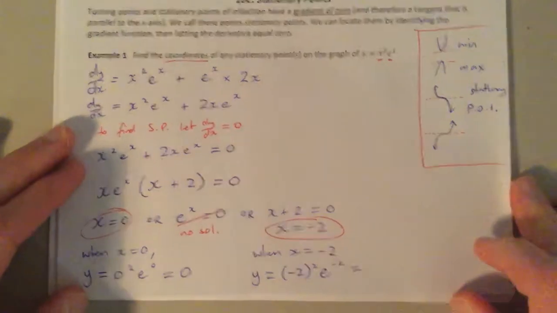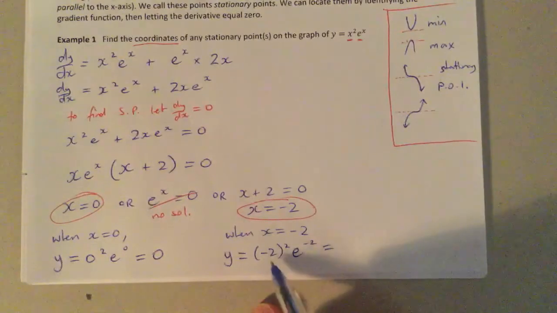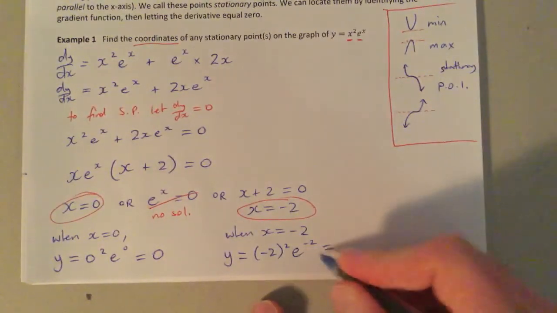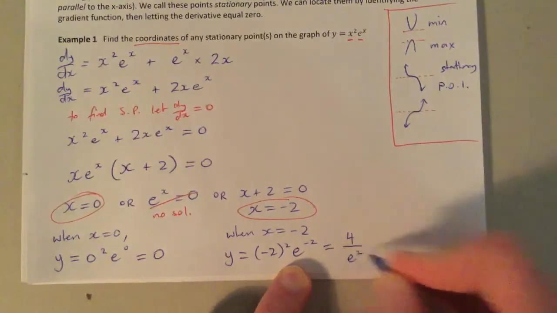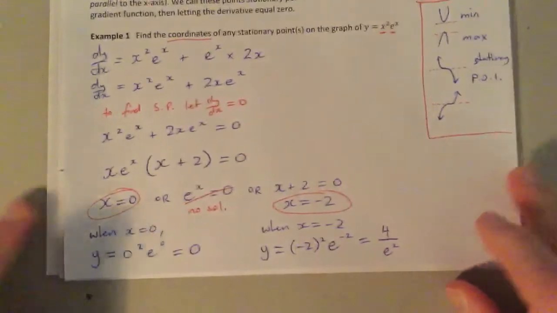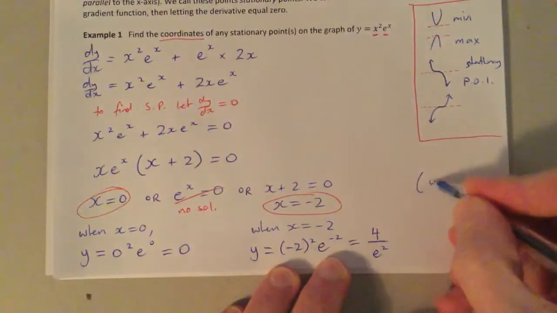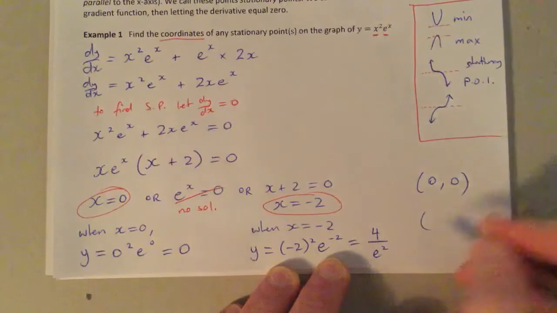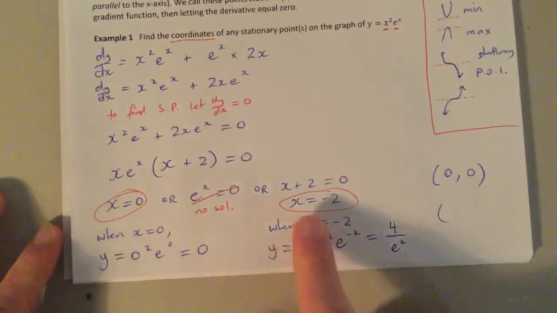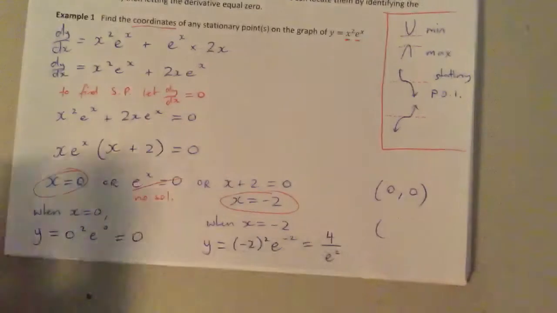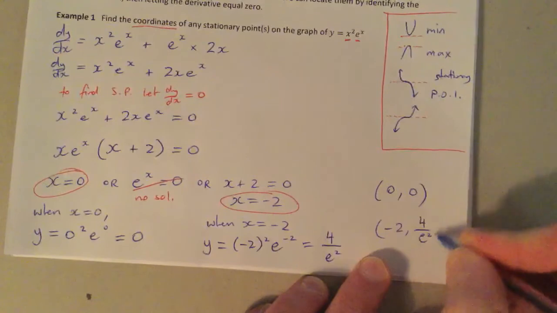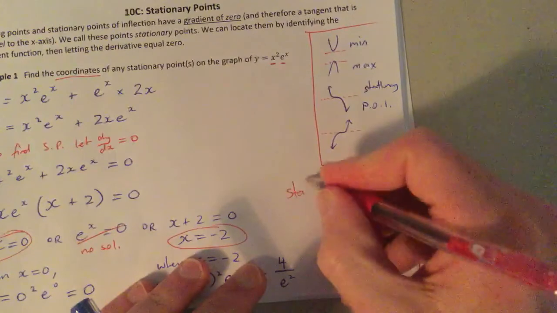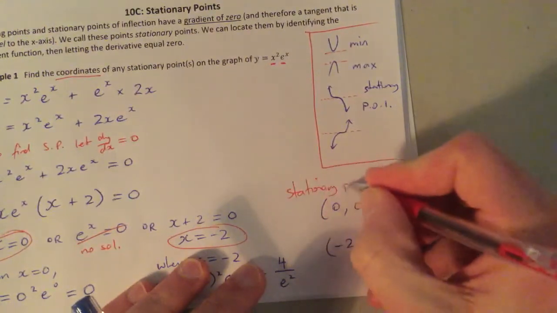again, I haven't left myself enough room for this example. So negative 2 squared is obviously 4, and we can move e to the power of negative 2 to the bottom of a fraction. So we can write this as 4 over e to the power of positive 2. And so our stationary point coordinates are 0, 0, from x equals 0, y equals 0, and negative 2, 4 on e squared. Negative 2, 4 on e squared. So these points here are the stationary points